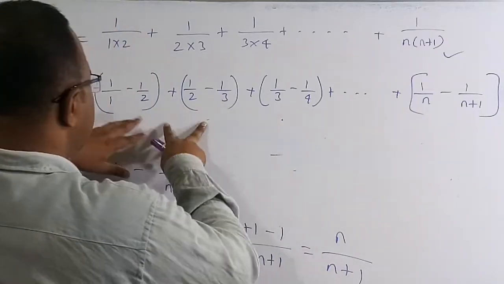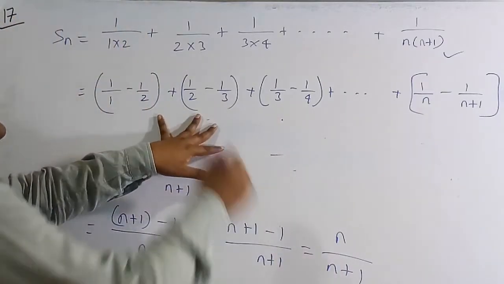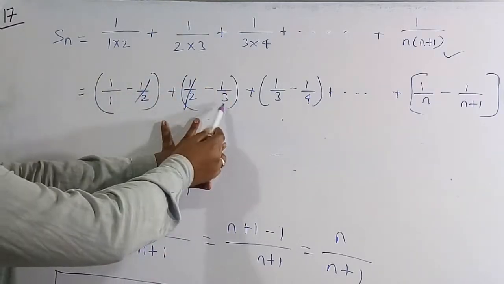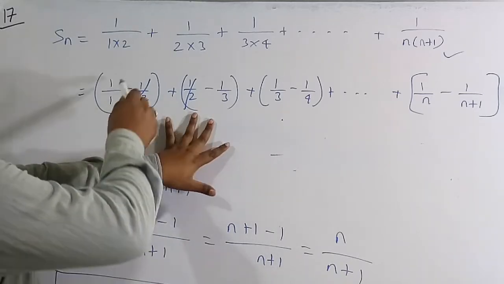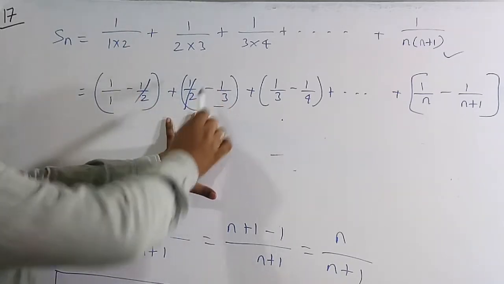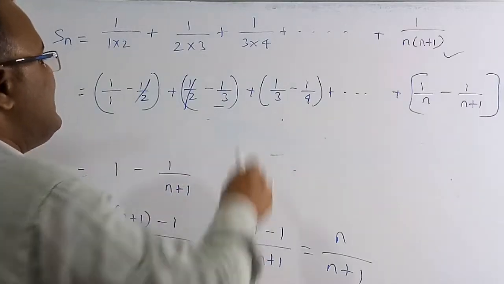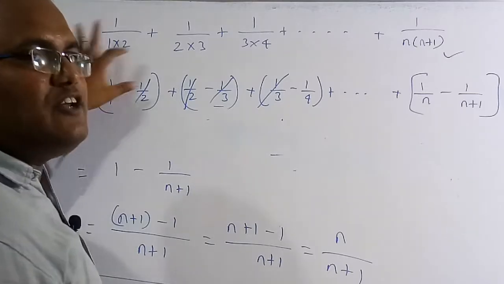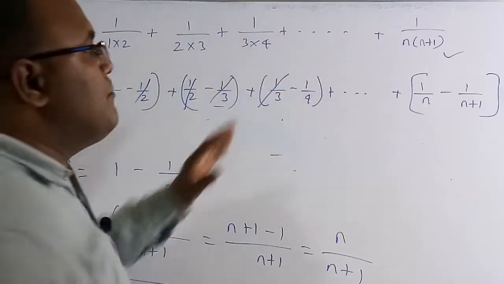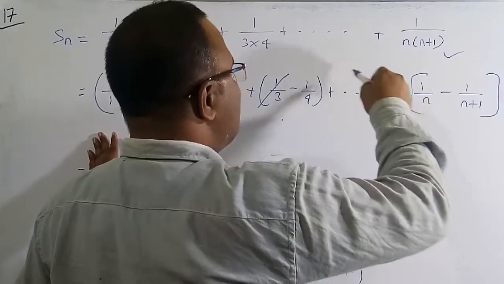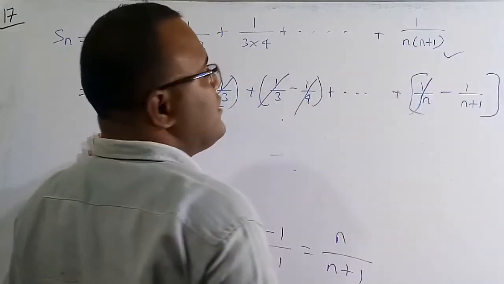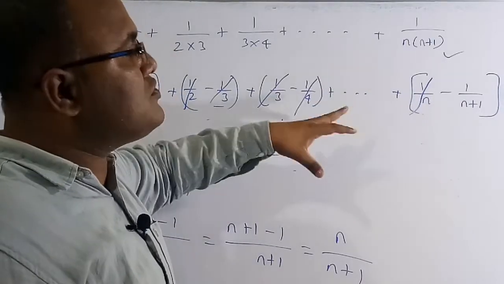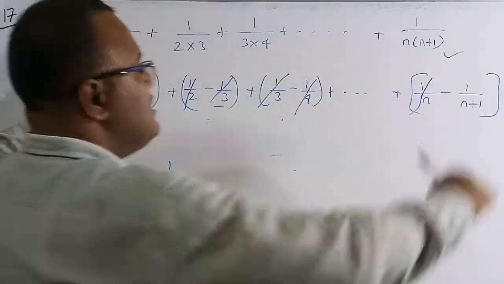Suppose you take the first two terms, this plus and minus are going to get cancelled, then you are going to get the initial value and the final value. But if you take three terms, then this plus 1 by 3 and minus 1 by 3 are going to get cancelled. Again you are going to get the initial value and the final value up to 3 terms. But if you take n terms, then with the similar process this value is also going to get cancelled. With the same procedure you are going to get the initial value and the final value.